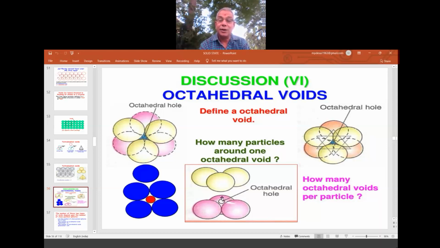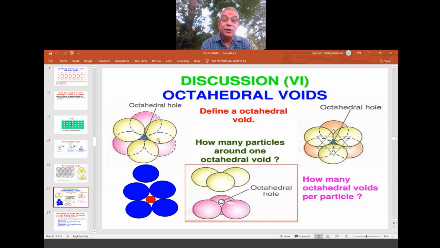But by fixing, you can reduce the size. That means you can go for a little better packing. Okay, but the void is there. You can go for a little better. This you can see here. Earlier, the blue triangle, you can see. This blue triangle is what? Without this one, fixing this one.